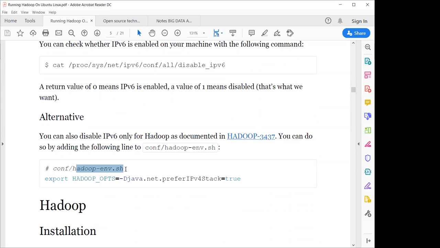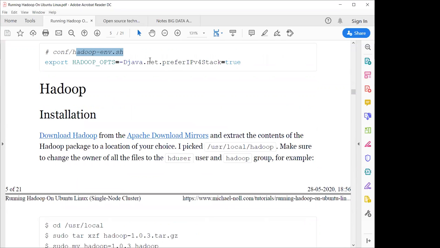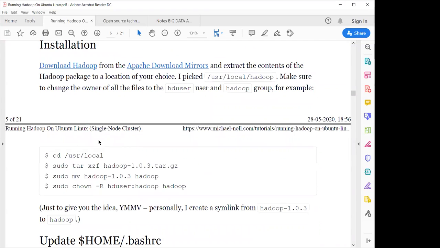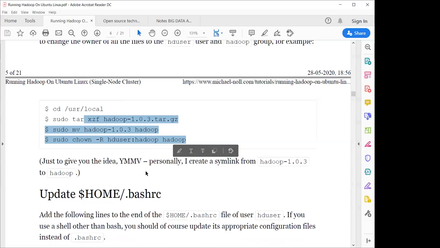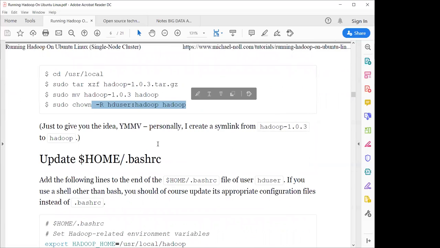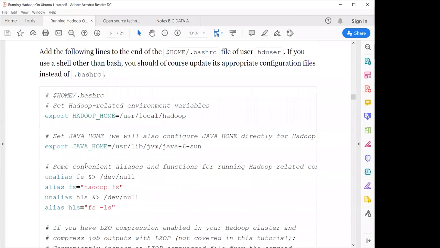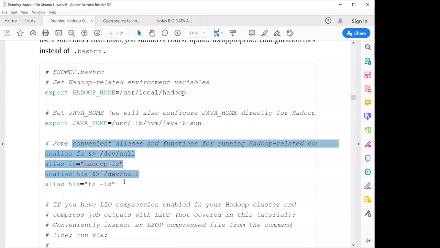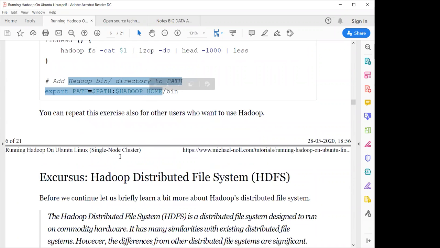Now, after that, we'll change the Hadoop environment file. First you do this prerequisite. After that, you download the Hadoop zip files, so you have to unzip that. You can fire these statements on your terminal. It will do the things. After that you have to update your home bash script file so that there are paths. Like the Hadoop path and the Java path, installing and providing the path to your Linux system so that it can find the Hadoop file.